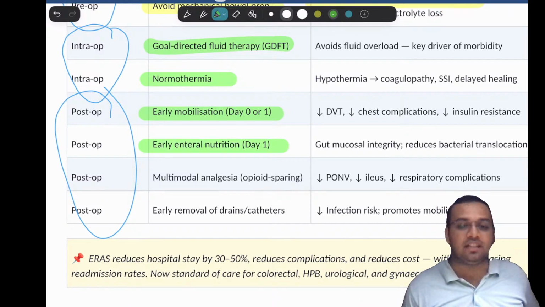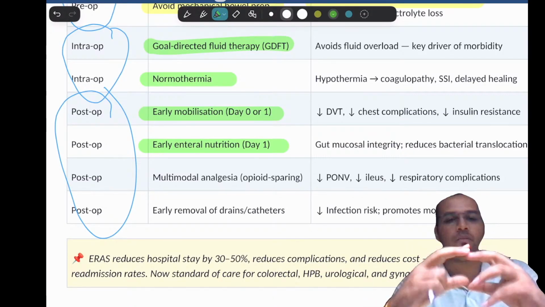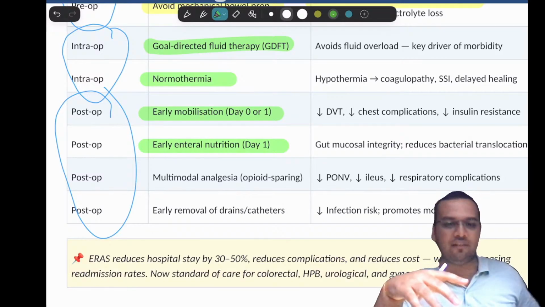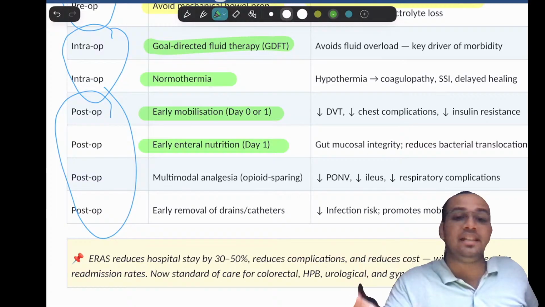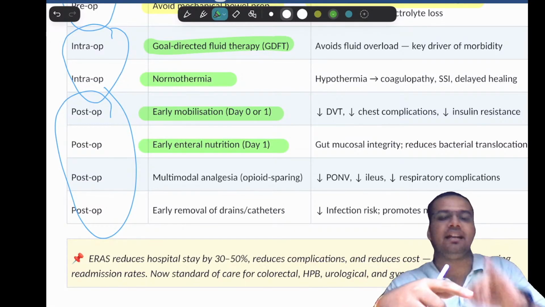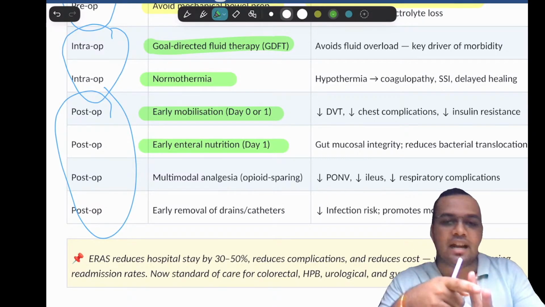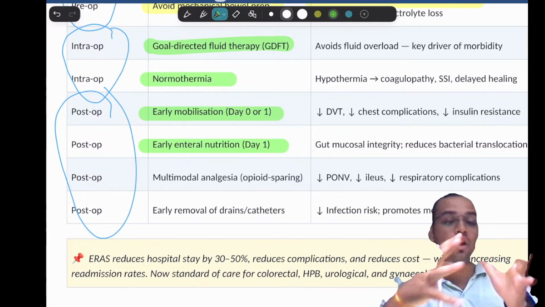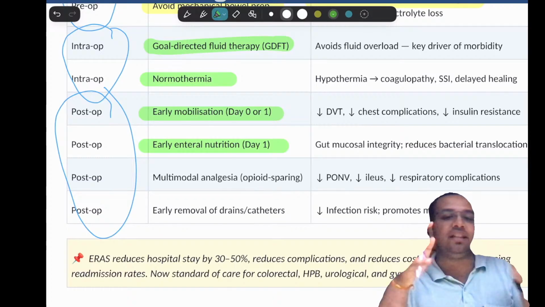Early enteral nutrition. A very beautiful sentence told by one of my seniors: whenever you are going to do a bowel anastomosis and you are going to tell the patient you are not going to have anything for 7 days, is that anastomosis going to be dry? Obviously not, because normal contents, 1 liter from the stomach, 500 ml from the gallbladder, 500 ml from the pancreas, and 500 ml from the small intestine itself are going to pass. So almost 2.5 liters of fluid is going to pass from that anastomosis,